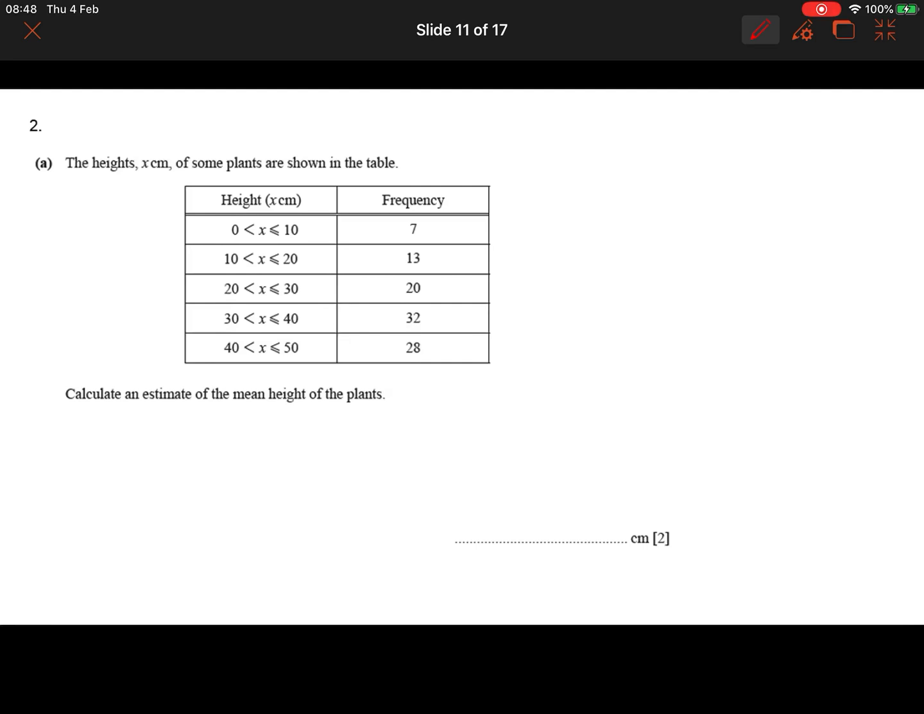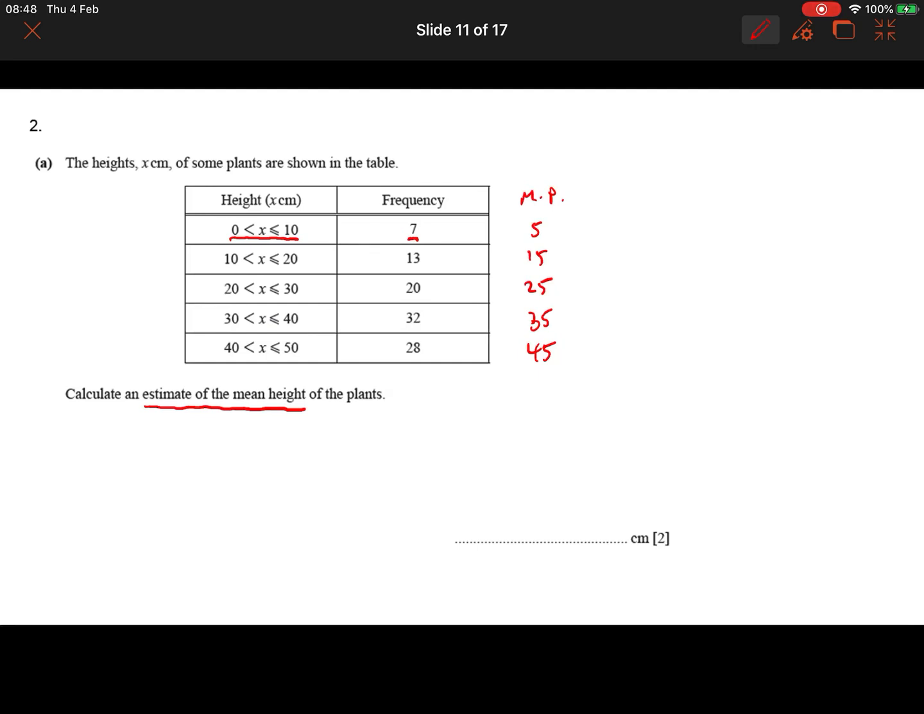We've got the heights of some plants shown in a table. Calculate an estimate of the mean height. Now, whenever you do this, what you need to do is find midpoints. Okay, you need to find the midpoints of these groups. So 5, 15, 25, 35, 45. Okay, because basically what it's saying is you've got 7 plants